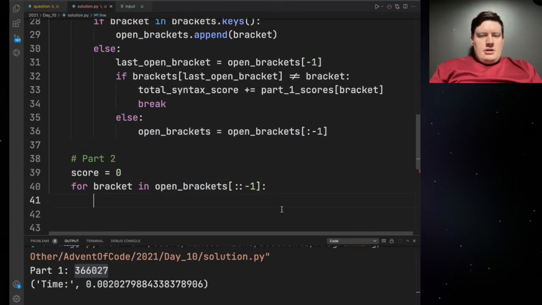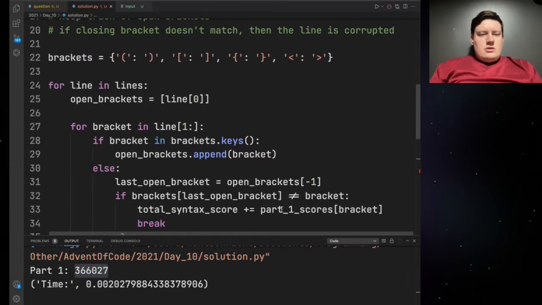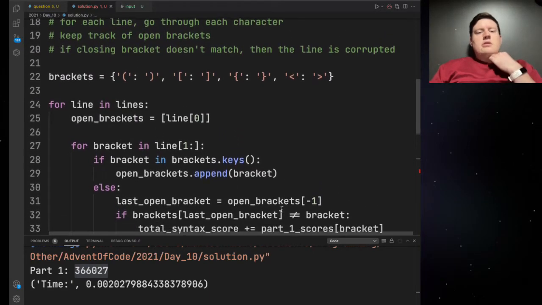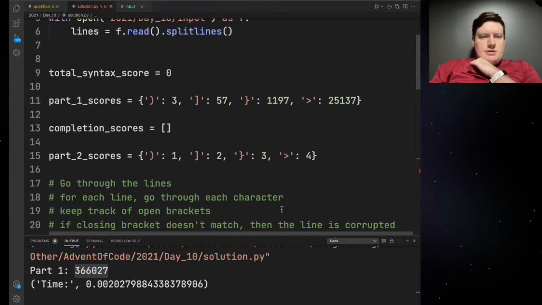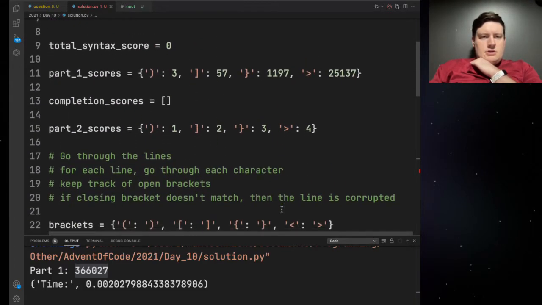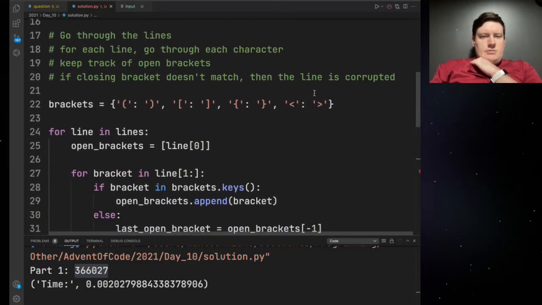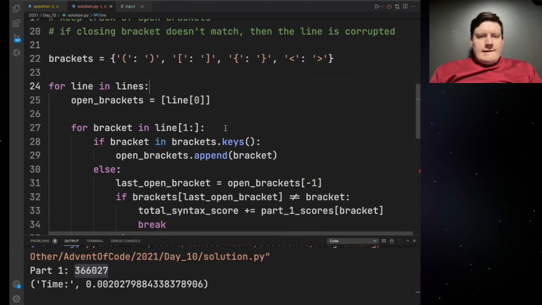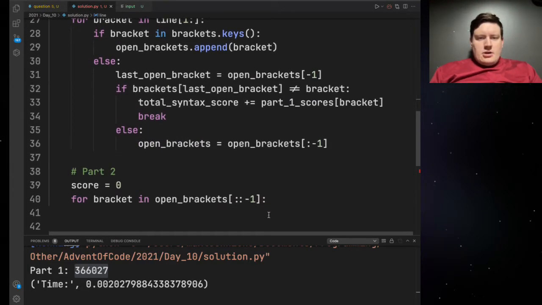Yeah. And then let's see. Brackets. So we've got completion scores. Part 2 scores is fine. The brackets. So all I need to do is just add the. Okay, yeah, we're good. Because they're open brackets, and I'm searching for open brackets. For bracket in open brackets,